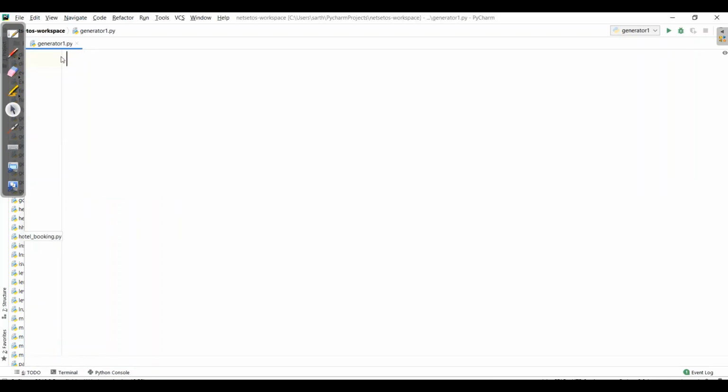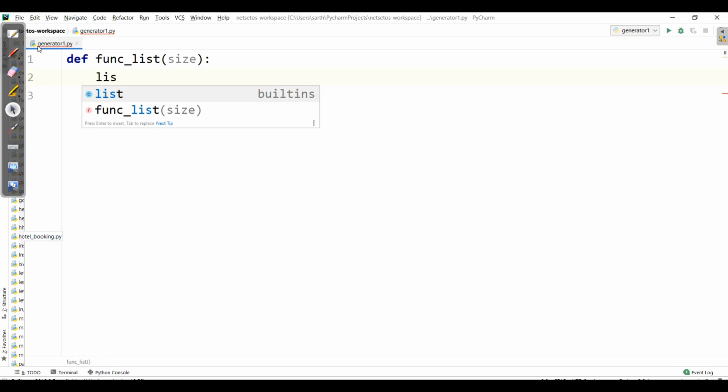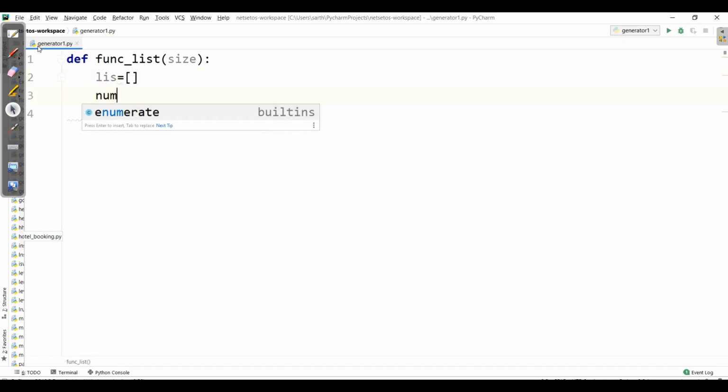We will delete this and let's see it for both functions. In one of the functions, we will have a list and the other function we will create using generator. So first I'll define def func underscore list, and here I'll have the size, where we will have an empty list. I'll define it by lis is equal to an empty list, and here we will have num is equal to 0.